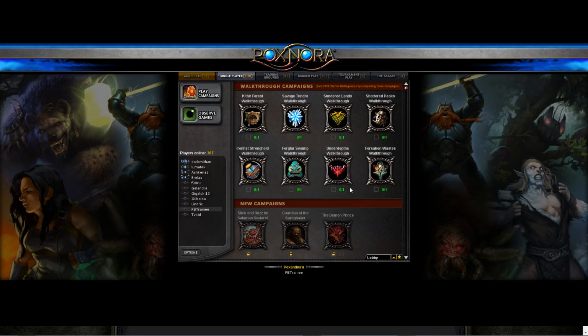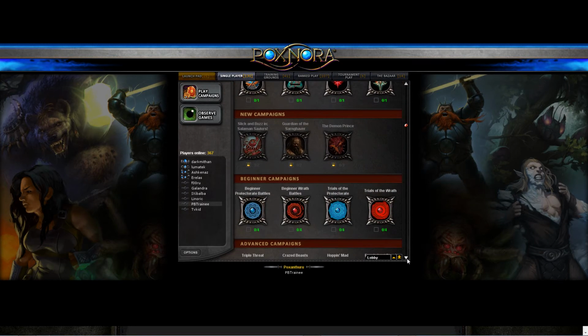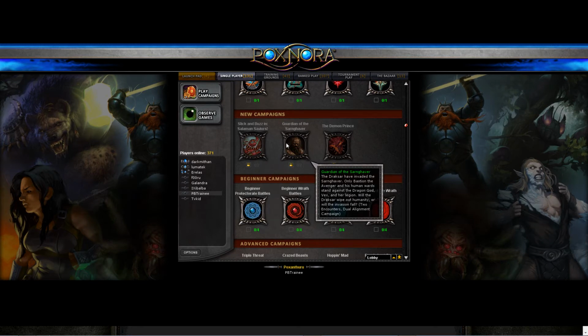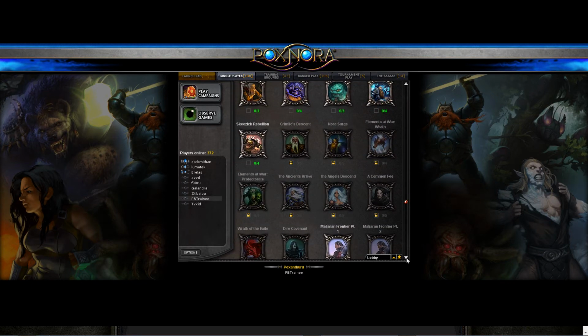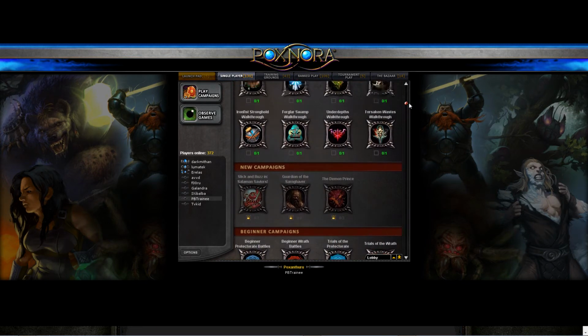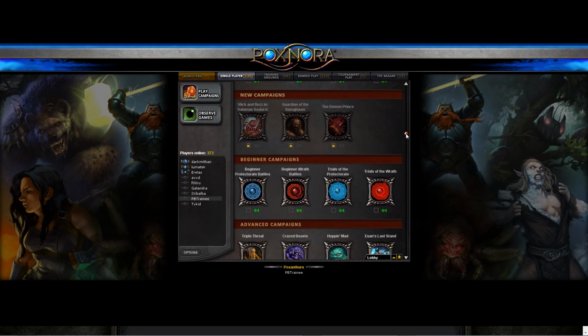Alright, the right side of the screen shows all the campaigns that are available to play. Now you notice that some of them are grayed out and some of them aren't. Some of them are grayed out with a little lock and some of them aren't. The ones that are grayed out with a little lock are the ones you need to purchase in order to play. Now, I wouldn't bother spending money on most of these campaigns simply because most of them are out of date, even these quote-unquote new campaigns. They're out of date, and a lot of them are even so out of date they're broken. And some can be kind of impossible to complete. And the AI is just really easy to beat as well,